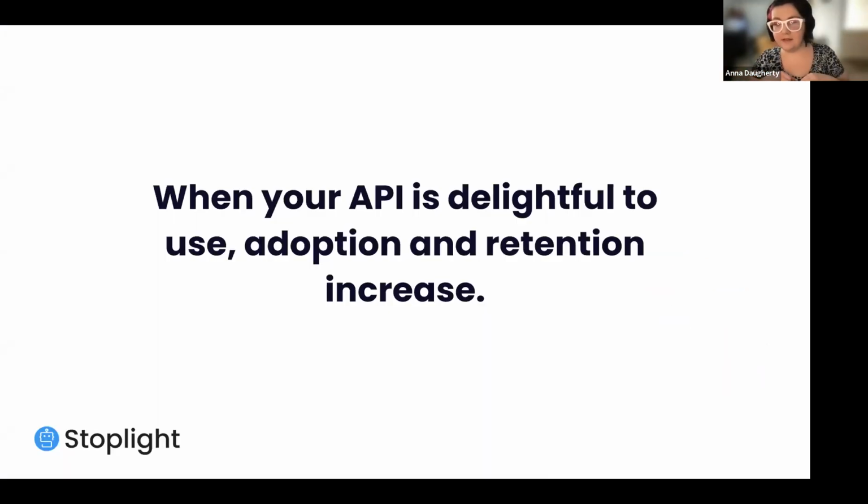What happens when you do that? When your API is delightful to use, adoption and retention increase. This is our goal. If you have a style guide that promotes consistency in your organization, consistency equals quality, quality equals money. We say money, but not everything is externalized, right? Even internally, you're using APIs to work within your organization with internal users. You still want them to be delighted and to have a good experience at your organization. And when we say retention, we mean employee retention in that position.